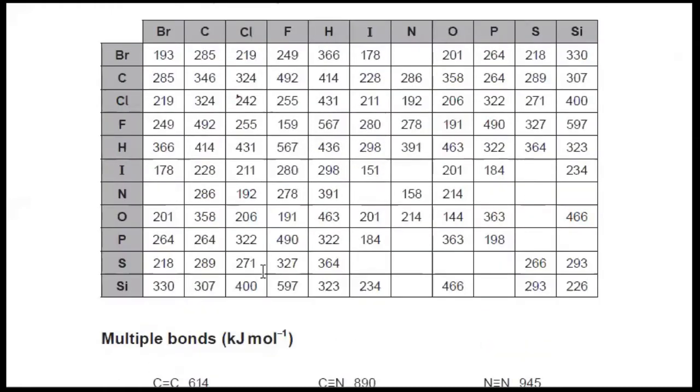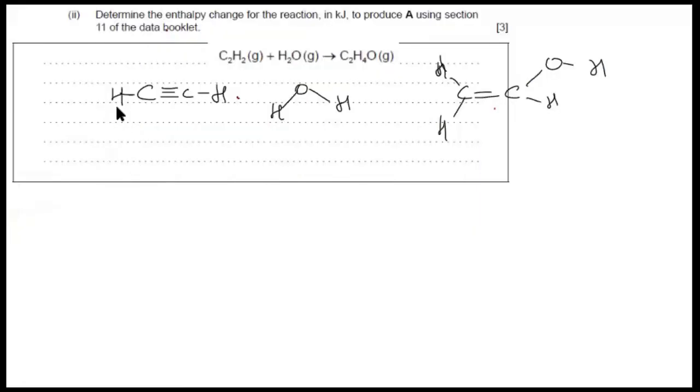And for the single bond, we have to depend here. CO is 358. CH is 414. And then we have OH bond, which is 463. So we need this data to do the calculation. So the CH bond energy value we have got is 414. So here also it's 414. This is 414. This is also 414. So in this part, we have 414 times